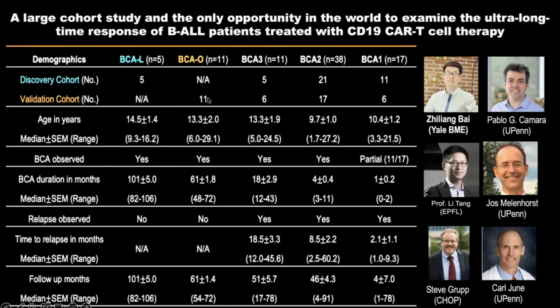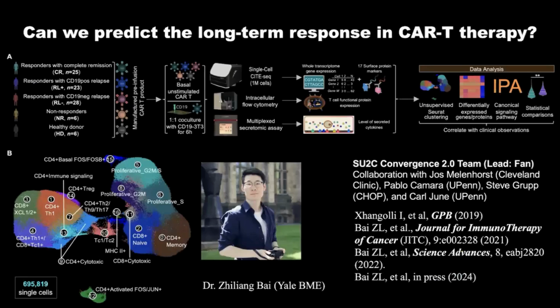Because of the two clinical trials, some of our patients are very likely to be long flyers, but just don't yet meet the 8 year bar because they were treated less than 8 years ago, right? And the patients who relapse within a year, within 2 years, and 3 years. So now with all those patient samples and the CAR T cells, after we sequence, we got like 1 million single cell sequences. And after very rigorous filtering, we still have almost 0.7 million single cells from all